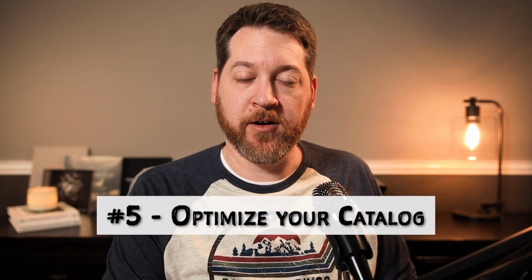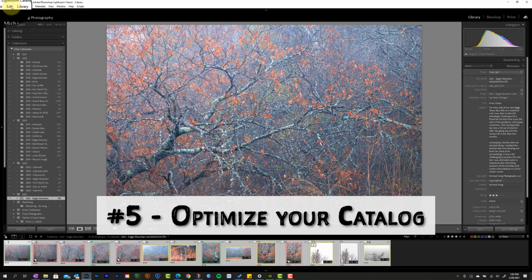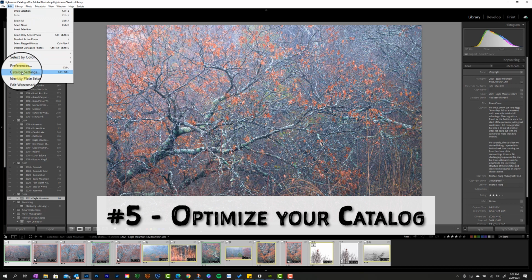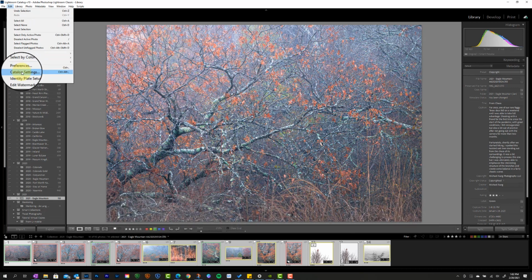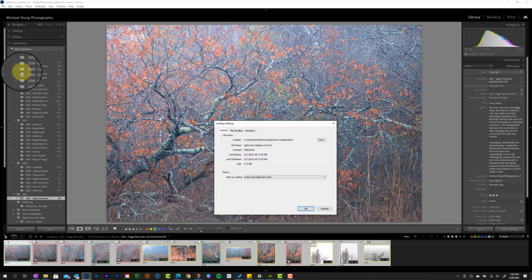All right, another biggie here is optimizing your catalog. Now, if we come back up to preferences and come into our catalog settings, there's a couple things. I'm kind of going a roundabout way here, but if you go into catalog settings first, within here you've got your backup option, backup catalog, and if you click into this drop down, you can do it never, definitely don't recommend that. Once a month, once a week, once a day, every time Lightroom exits, when Lightroom next exits. So I've got this set that every time I close down Lightroom, it automatically prompts me if I want to